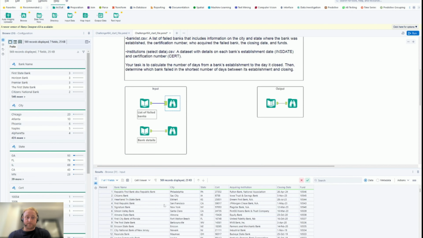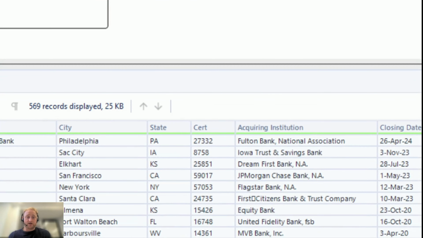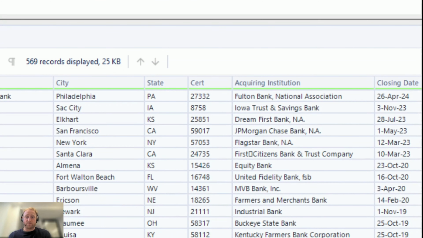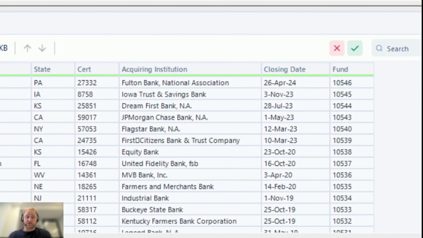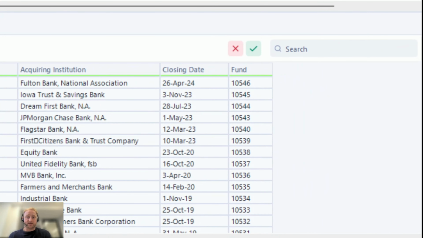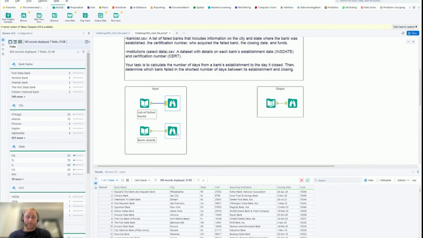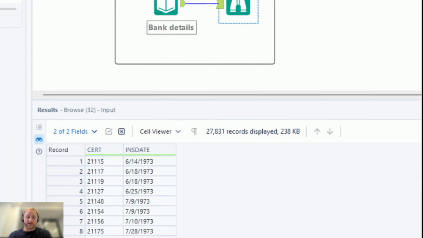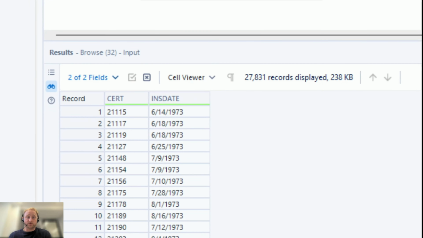If I zoom in a little bit, we can see we have bank name, city, state. Looks like these are all American banks. The cert, which is that identification. Acquiring institute, so presumably who bought over the bank. Closing date, so that's going to be important. And the fund, so presumably that's an amount of money inside the bank. In the second dataset, we have a certification number, and we have our in-state, which is the establishment date